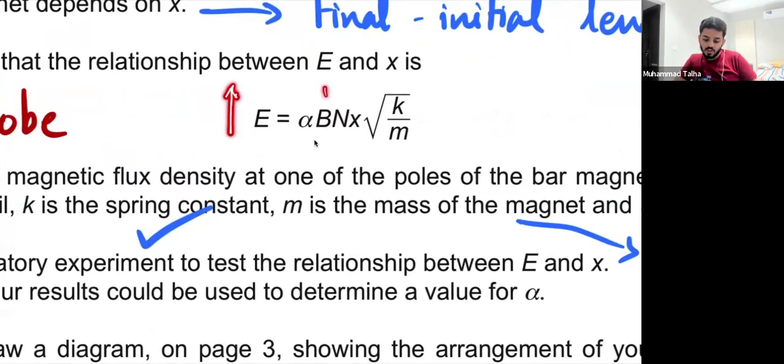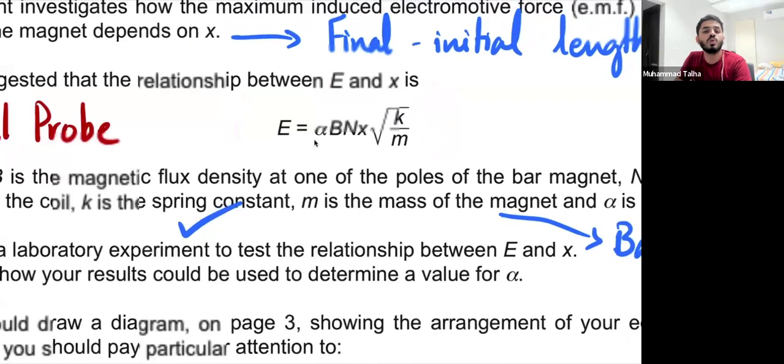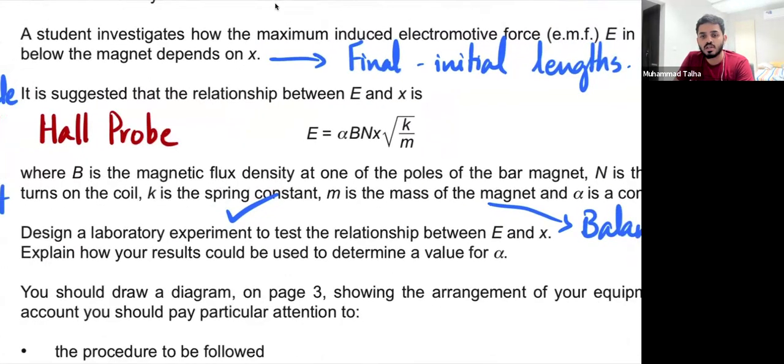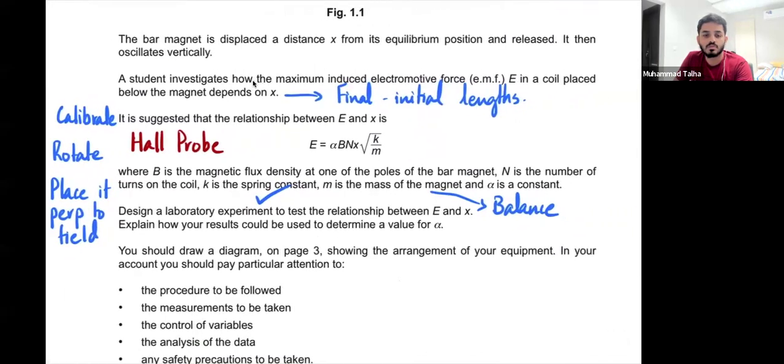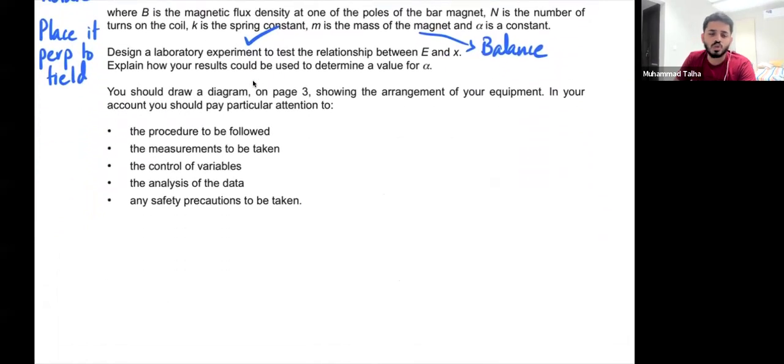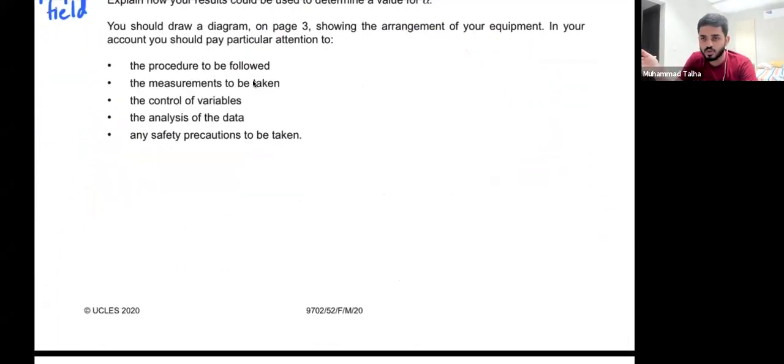You guys obviously see we should have a large value of B, so we should have a strong magnetic flux density. We should have more number of turns, right? We should displace it from more distances. We should use a high spring constant spring, and we should have a smaller mass of the magnet, right? So if you write any or some of these, you will also earn some marks here. No, you don't have to draw a Hall probe being used. If you've written it, you don't have to do that.